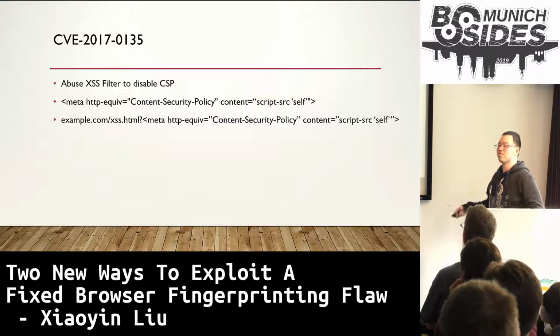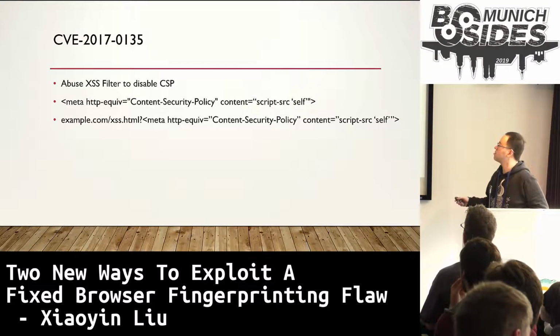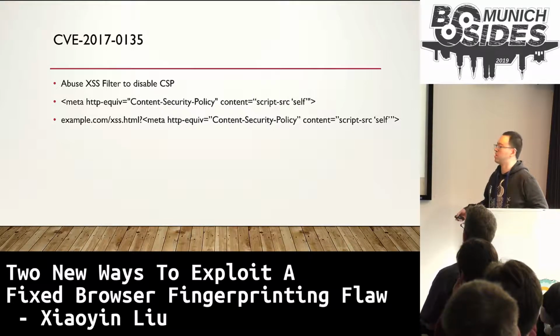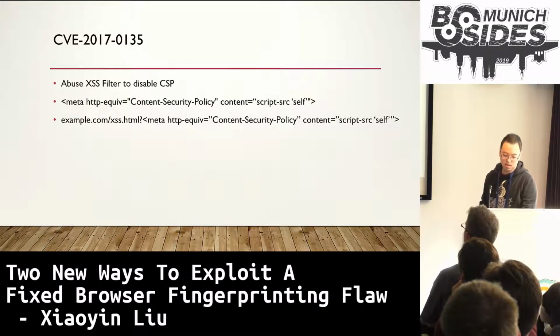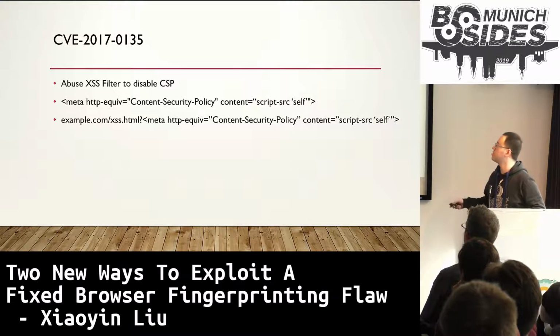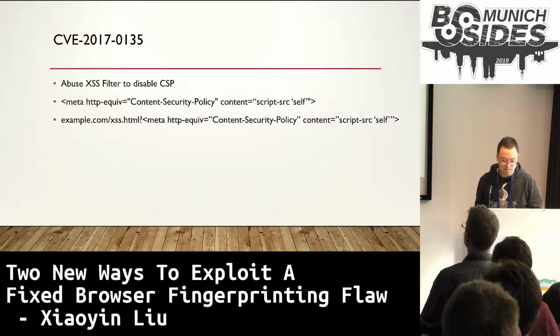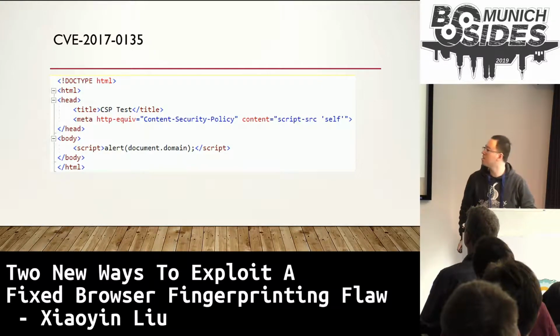As I just said for the jQuery example, they also think this meta tag is a cross-site scripting attack because it's reflected in the HTML. And what they are doing is that they change the meta tag to me-a, which means this tag is disabled. So I created another very simple